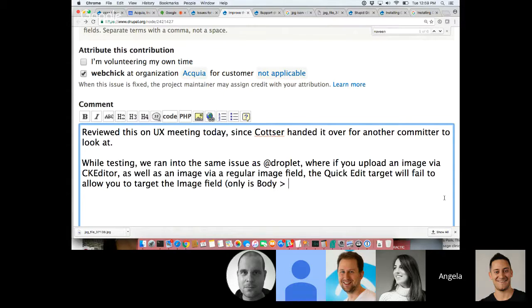So I think what's interesting about Baltimore is the dates are the end of April, so it's April 24th to 28th. And if you look at the Drupal release dates,